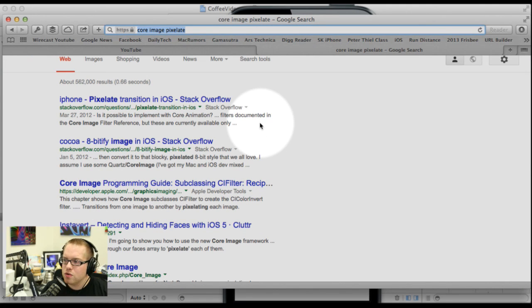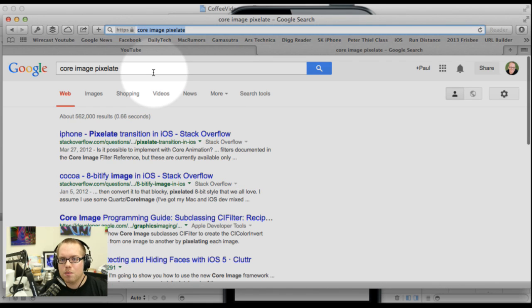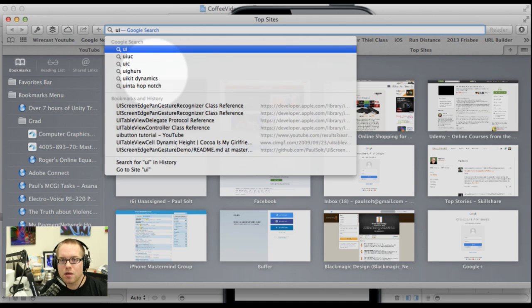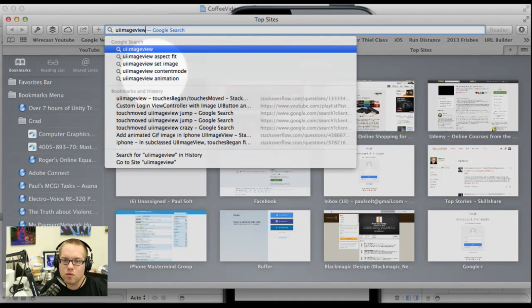So you have two issues here. You have the issue of wanting to pixelate the image. The other issue you have here is after you pixelate it, when you display it in an image view, the image view will try and blend the color, so it won't show them up as pixelated. So I would search here for a UI image view,